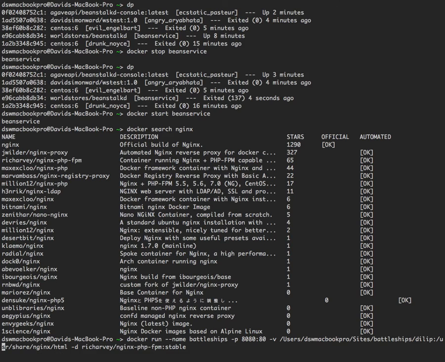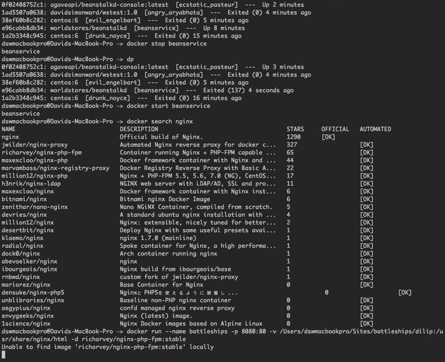So what I'll do, Docker run, name of the container is going to be called Battleships. We're going to map 8080 on our machine to port 80 on the container. We are going to put the Battleships dilip code into the user share nginx HTML, going to run it in the background, and this is the image that we're going to use. So if I hit that,